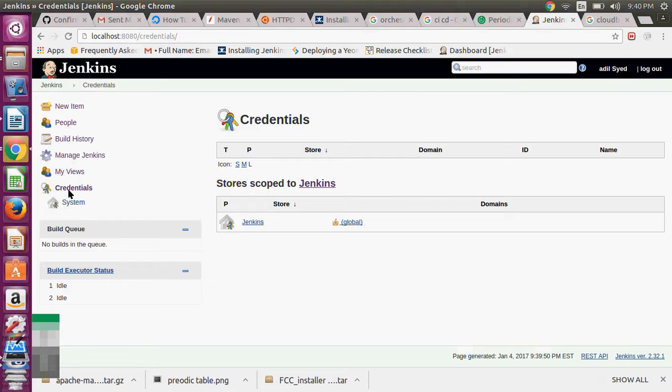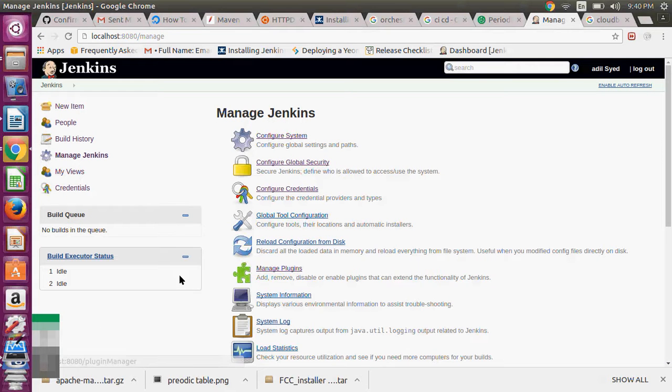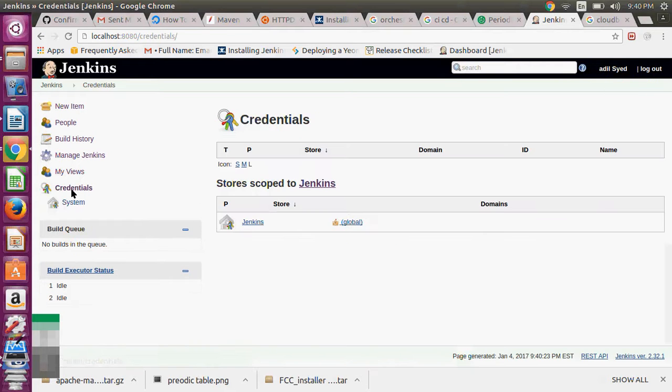Sure. So these are my credentials. This will be the credentials for my Jenkins or whatever applications I'm using. Mostly, if you are defining the credentials globally, then you can see them on the first page. If you are defining them in some project, then you can't see them over here. You need to go to the specific project. So what do you mean by globally and what do you mean by specific project? Globally means